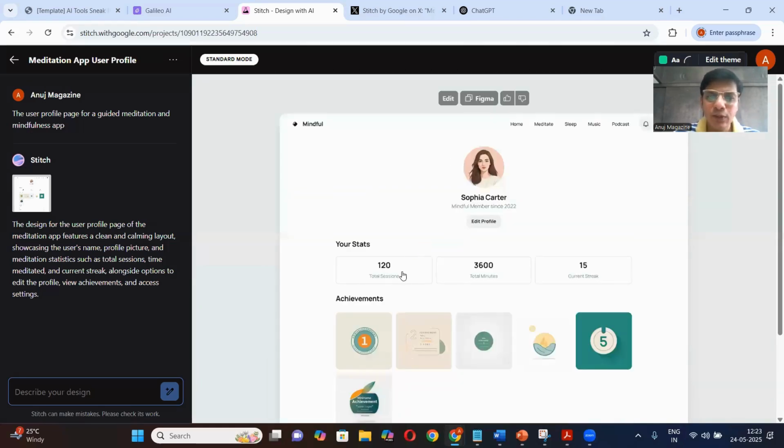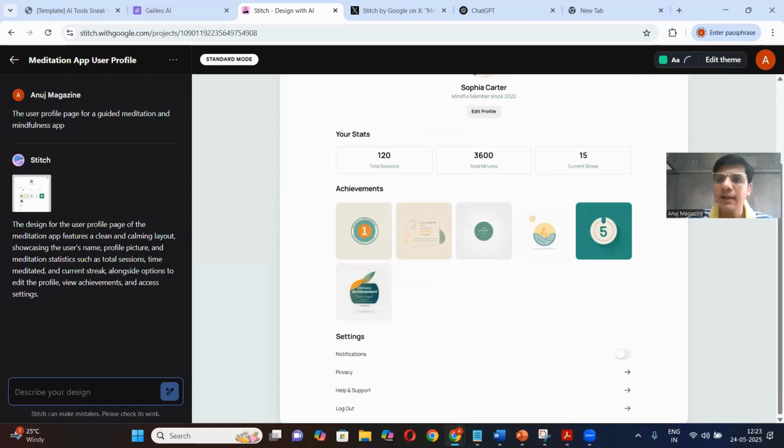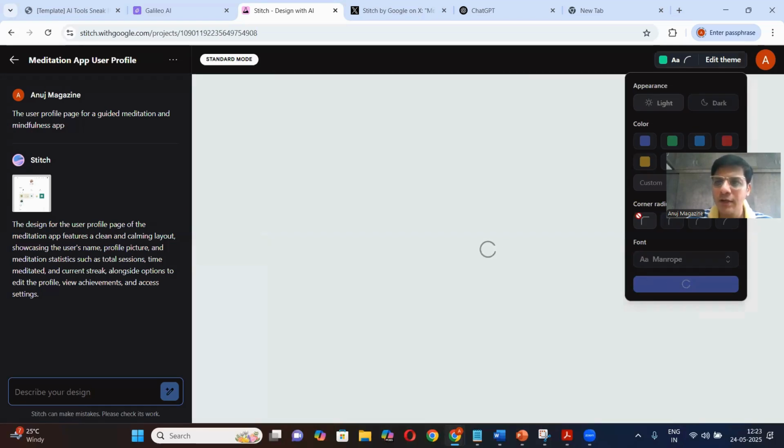and it includes the stats and a few other details like achievements, settings, etc. If I want to change the color, I can simply go here, even without a prompt. I can try and change it, and also make the corners round. It also allows you to change the font. I did try this before this video. This capability didn't work as expected, but let's see if it shows the color change. In the meantime, while it is doing so,